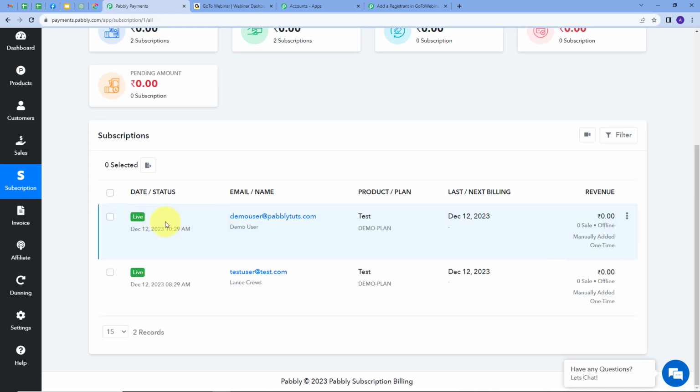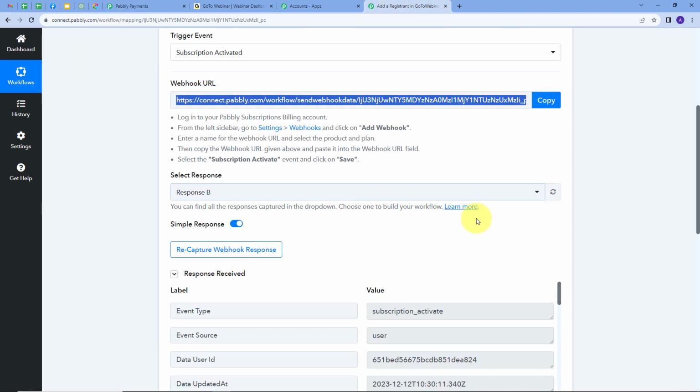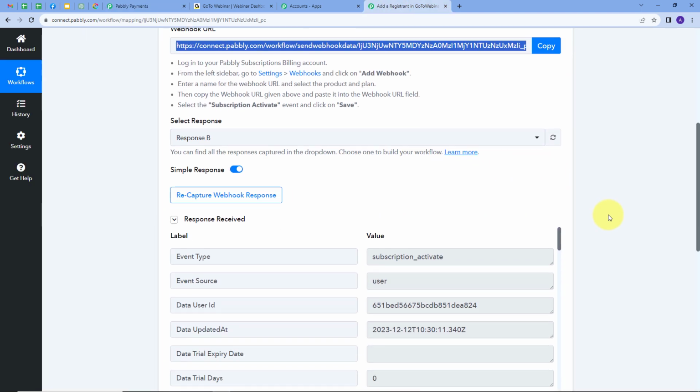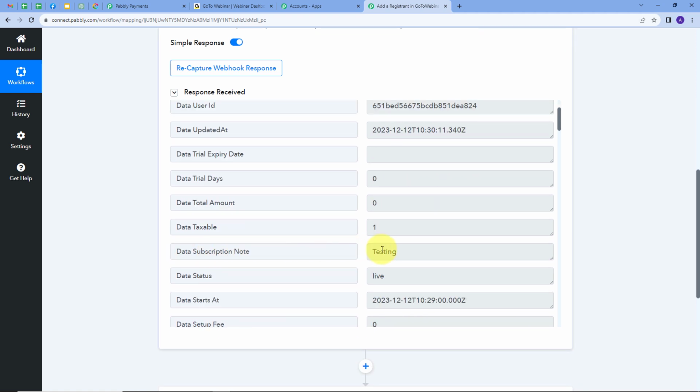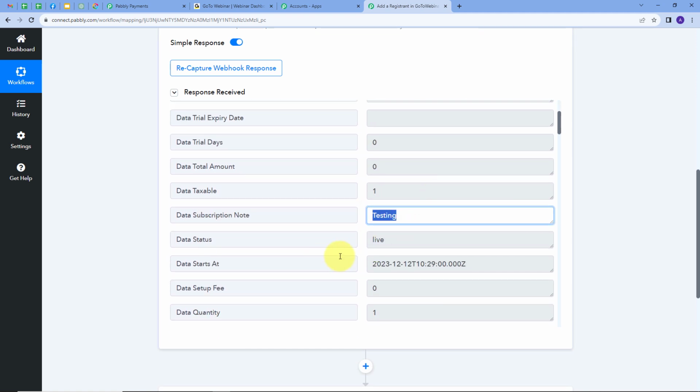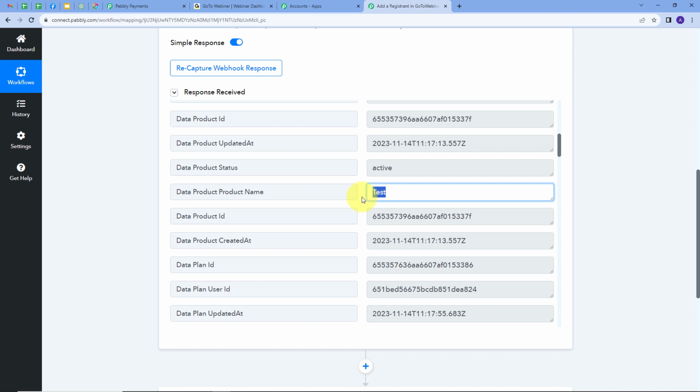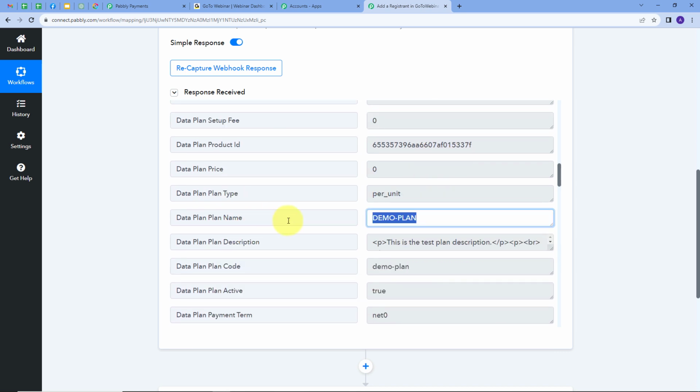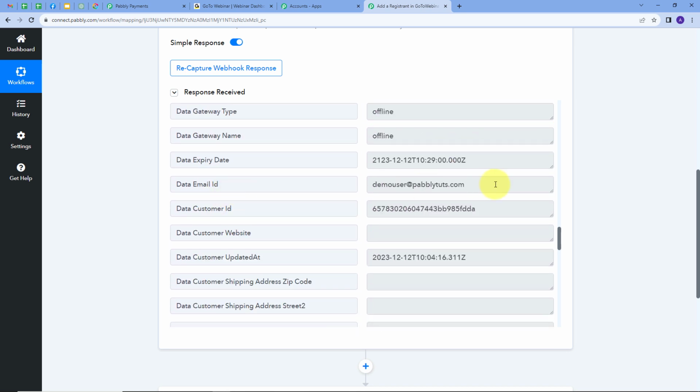So here we can see I have activated this subscription and the status is live and the email is demoUser@pabblytudes.com and the product is test and the plan is demo plan. So now let's go back to Pabbly Connect. And here we can see we have received this new response. So my data subscription note is testing, status is live, product name is test, and my plan name is demo plan. And the email address is